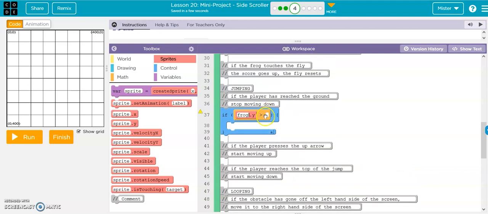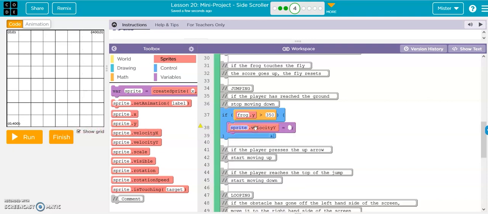So if the frog is greater than 350, we want the frog velocity to stop. Velocity x. Frog to be 0. Right, so once the frog gets to this point, 350, it stops going down. Alright,